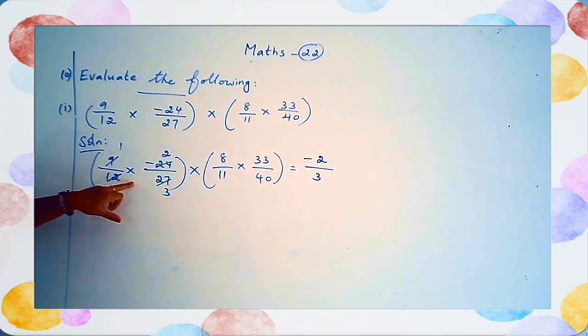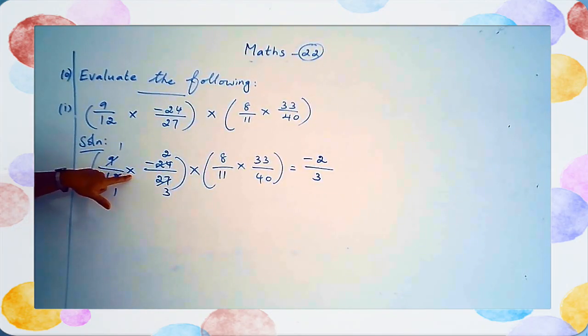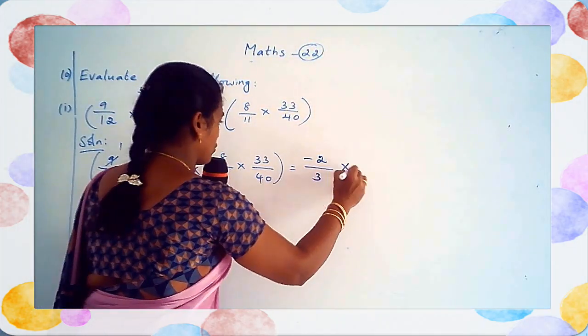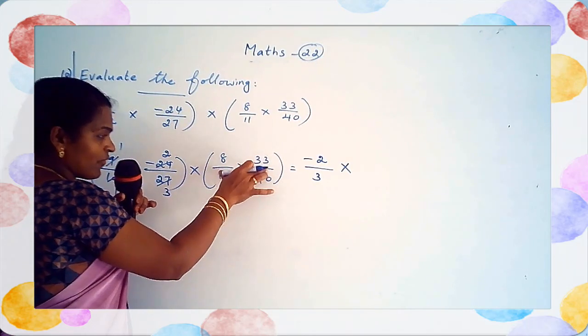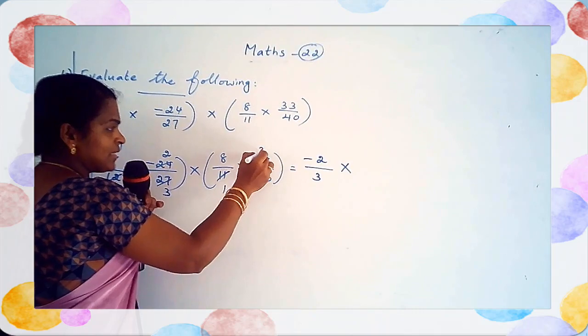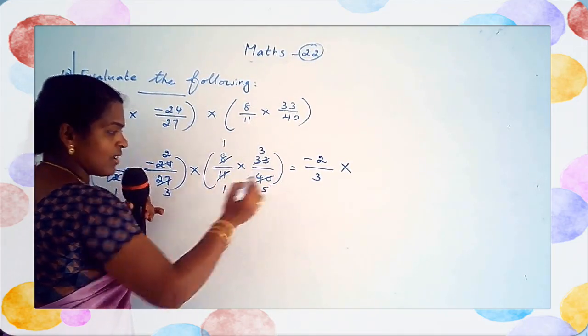Now how much is remaining? Here 1, here minus 2. In multiplication you multiply numerator by numerator, so 1 2 is 2, minus 2, and the denominators are 1 and 3, so multiply the denominators, 1 3 is 3. Okay, clear? Next we have to find the value of the other bracket. Now 1 11 is 11, 3 11s are 33, 1 8 is 8, 5 8s are 40.